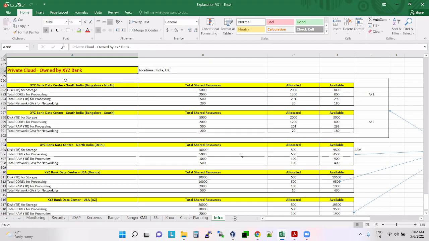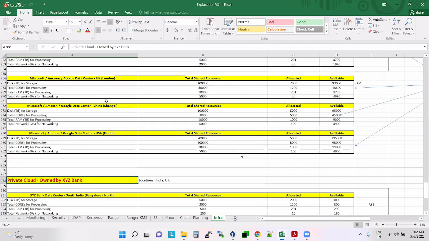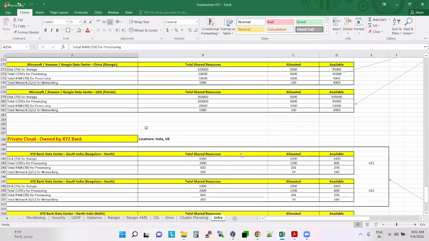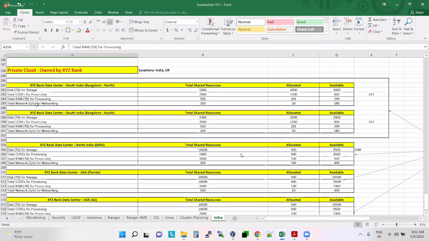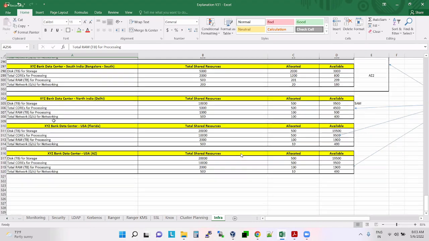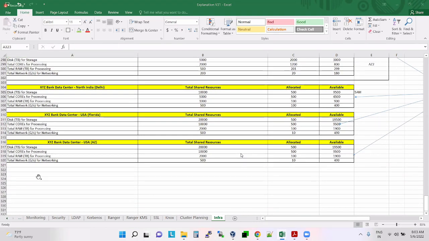XYZ Bank is setting up a locker inside its house and keeping the gold inside its house only. So this is more secure. You are not putting anything outside your home. Everything is inside your home, but it is locked safely. So this is about the private cloud, guys.